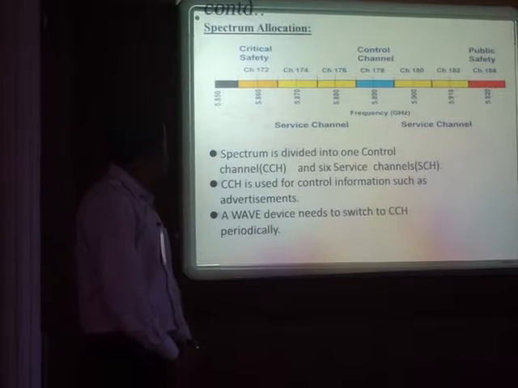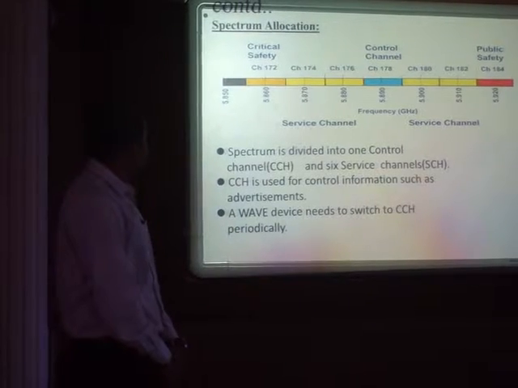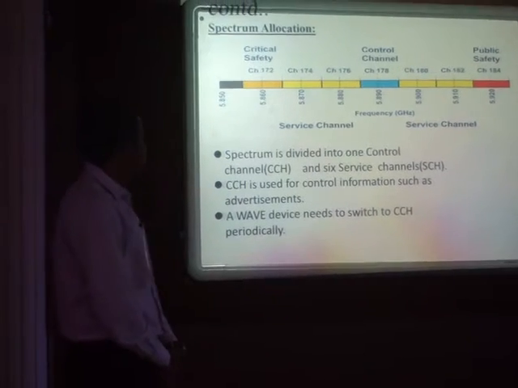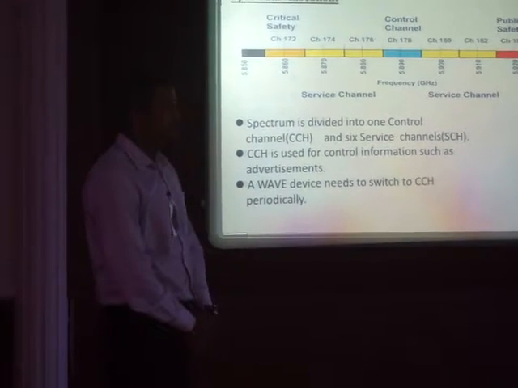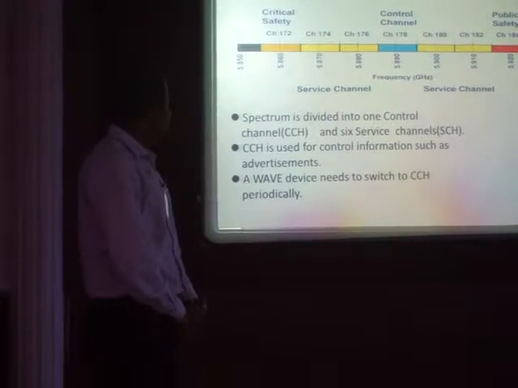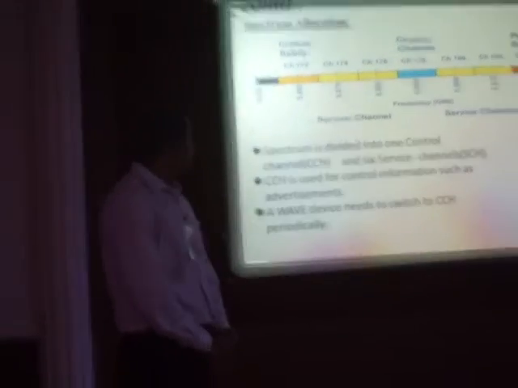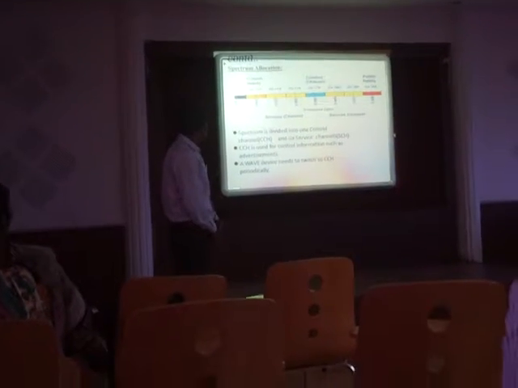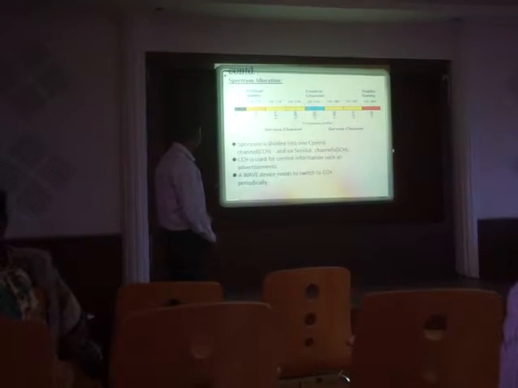Basically, this research has been going on mostly in the USA, and we are working on their FCC spectrum allocation. It ranges from 5.850 gigahertz to 5.925, and it has been divided into two kinds of channels. One is the control channel, and the other 6 are the service channels. They are basically 10 megahertz bands. CCH is basically used for control information and also for sending basic safety messages. According to the IEEE specification, every device has to switch to CCH periodically so as to get the control